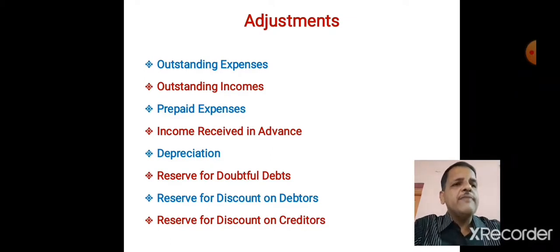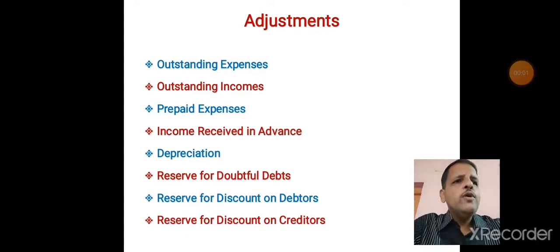We have an adjustment: depreciate machinery by 10%. Now we have to see the amount of machinery on the asset side. It is say 80,000. Now we have to calculate 10% of 80,000, that's 8,000. We have to deduct rupees 8,000 from 80,000 on the asset side of the balance sheet, so 72,000 will remain. Now this deducted 8,000 we have to record on the debit side of the profit and loss account as depreciation on machinery. Like that, the adjustment works in case of depreciation.